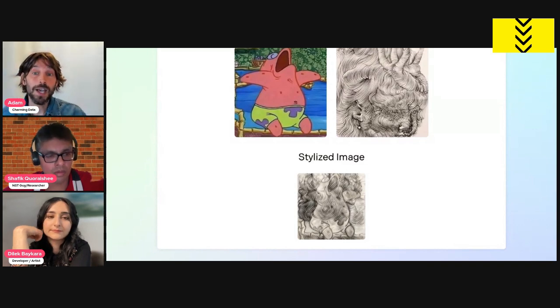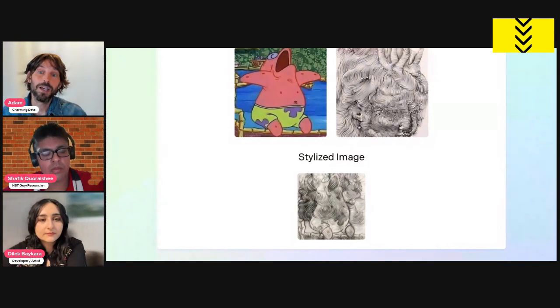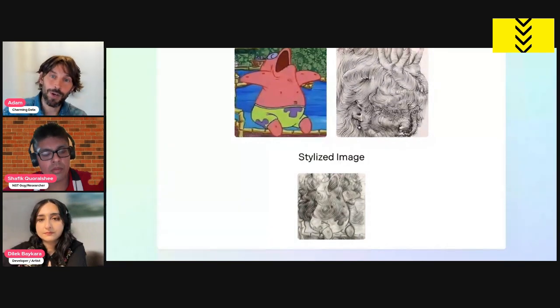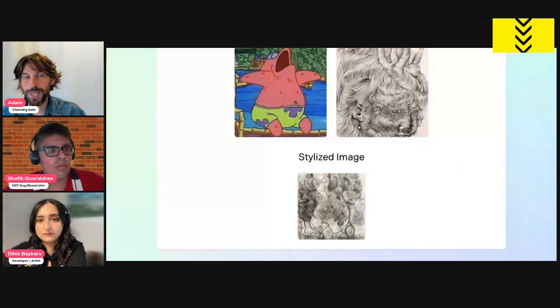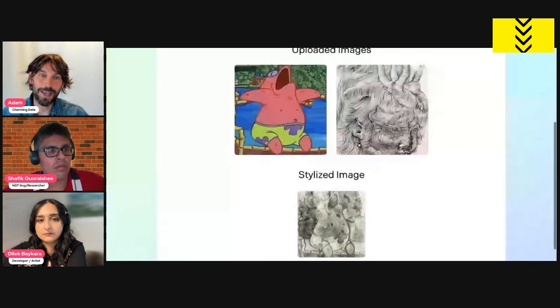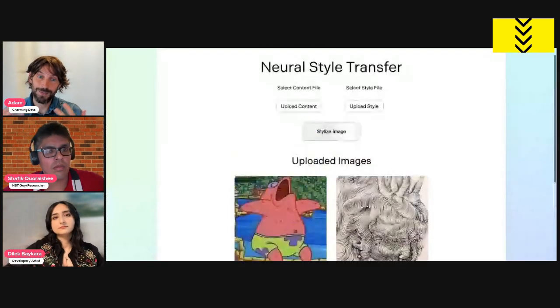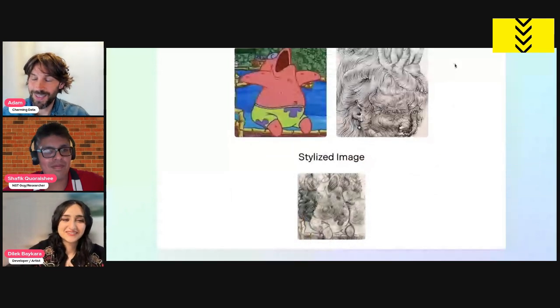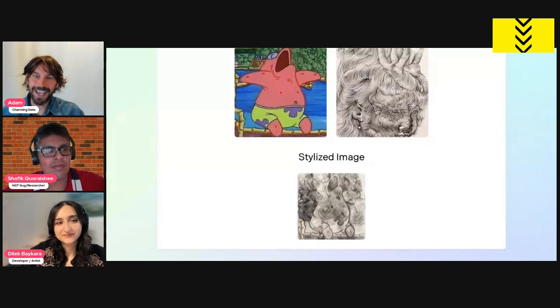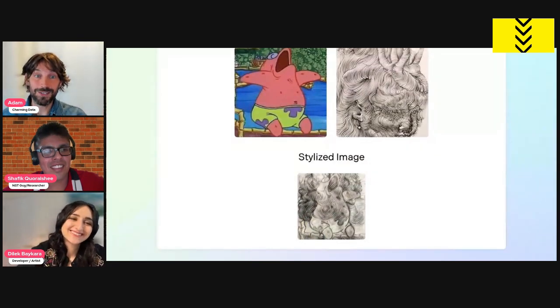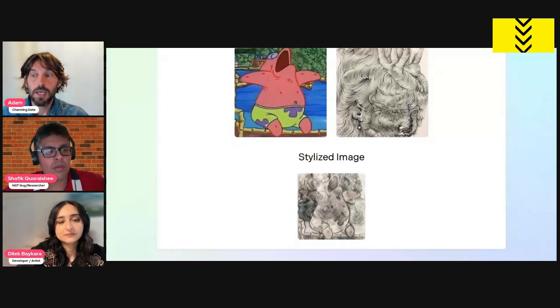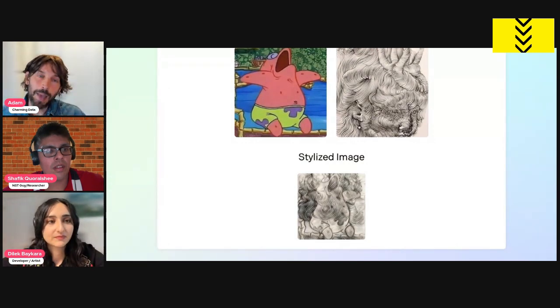All right, so as you can see, the style did transfer pretty neatly. The style of the image on the right is now on the image on the left. And I remember when I saw this for the first time, I was really surprised. How can we do this with TensorFlow and the algorithms and all the mathematics that I never really excelled at? And now, boom, you just have that style transfer. But back to the point, this really hurts artists, and this is one of the main reasons why we took on this project at Charming Data. And so I'm really happy that we took this on.